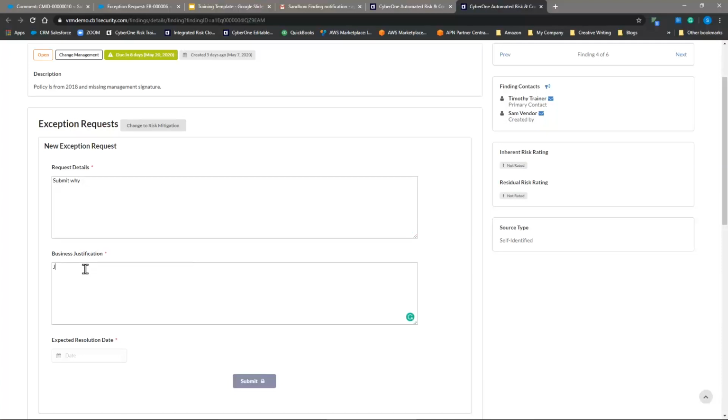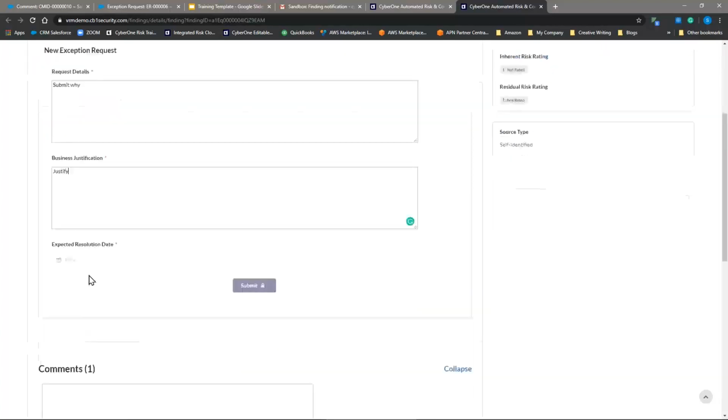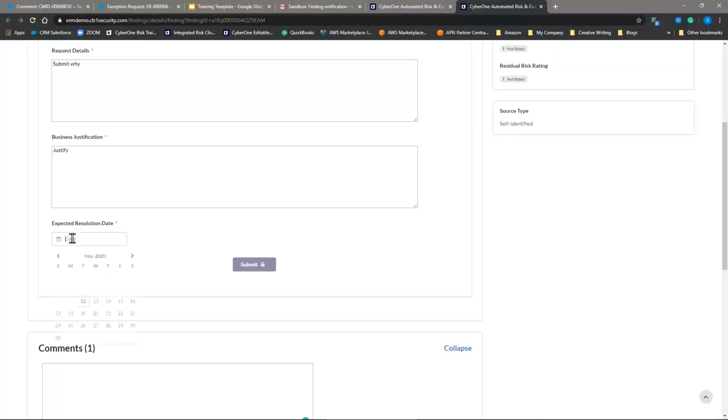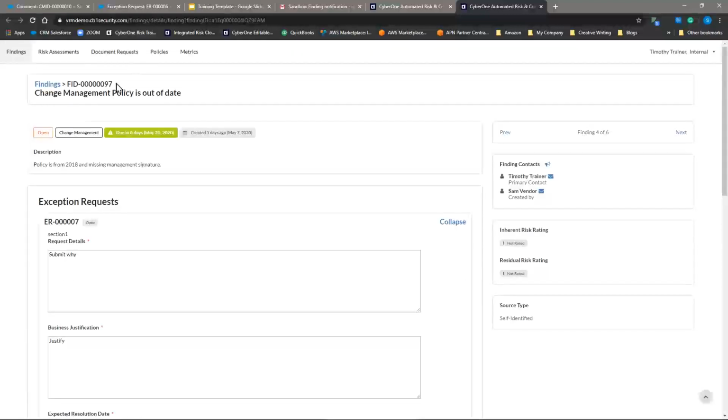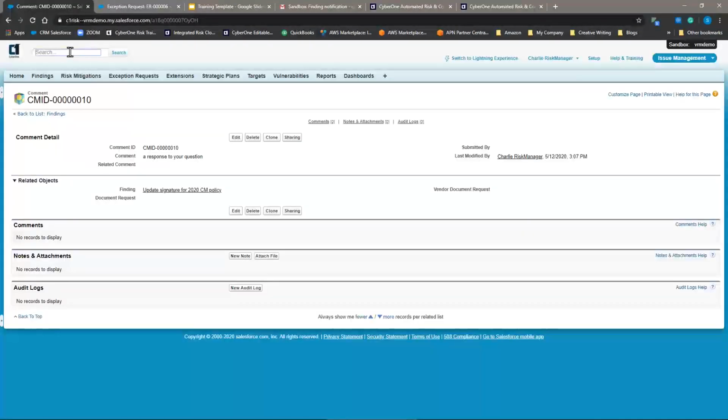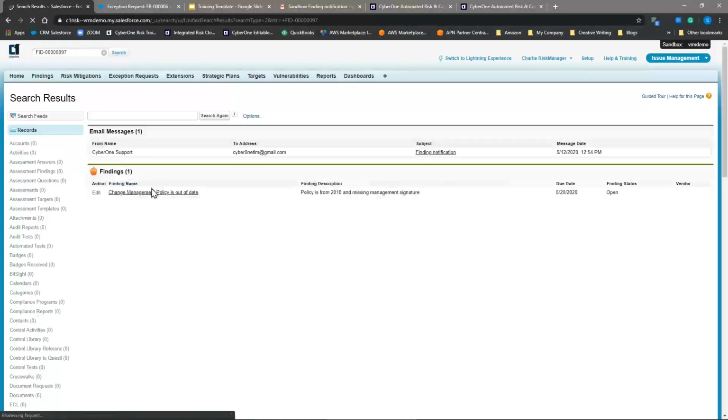and the business justification. We have the comments again, option 2. And again, then we just want to put the date and submit. And again, that will go into approval process. So now if we look at this record, we'll show you the slight difference. So if we go into the platform and just open this finding record,